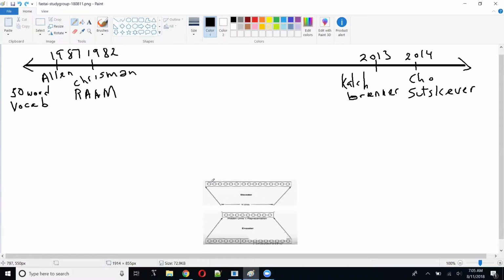And then a few years later, this is actually 1992, I think a gentleman named Chrisman improved on that somewhat. His scheme was called RAM, I think recursive auto encoder memory. That's what it stands for. I don't know what it is, but I think it had some sort of recursiveness to it. And then it was quiet for about 20 years when the second wave of neural networks died, and then around 2013 it started picking up again.